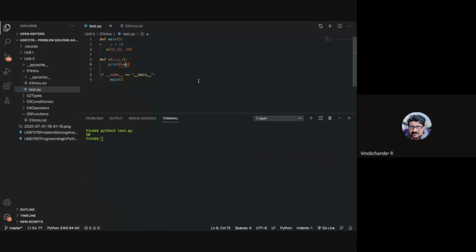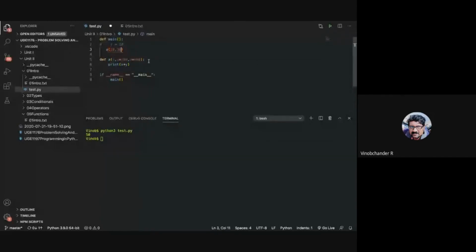Now, if you say, for example, y is equal to 200 and z equal to 400, this is the concept of default arguments. Again you have three parameters defined, but say you are passing only one argument.